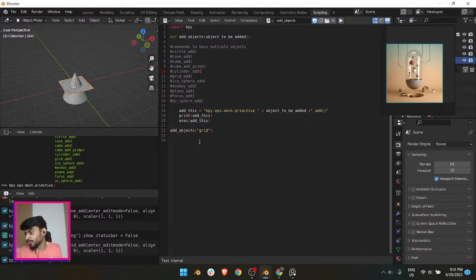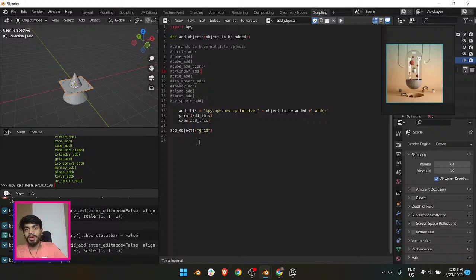So we have created essentially an add-on or a script which adds objects to the Blender scene, and it can be used to have as many objects as you want. So you can have multiple objects in a scene by using the script, and this has saved us